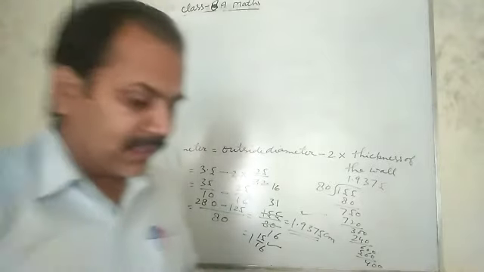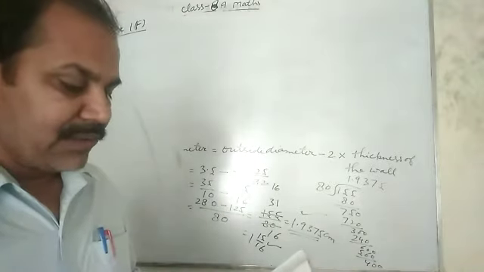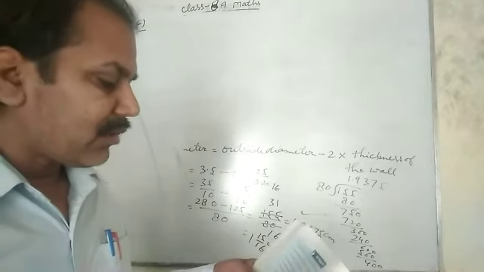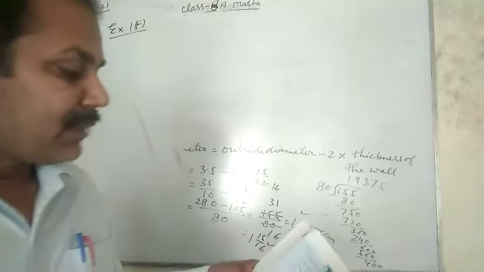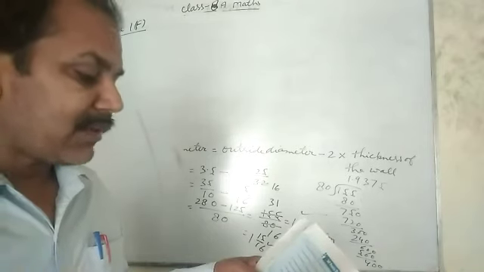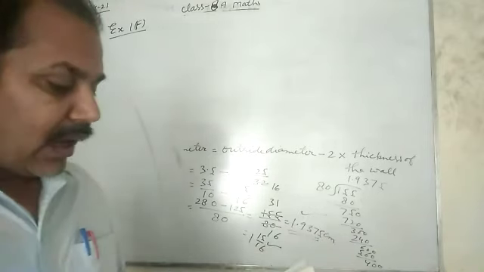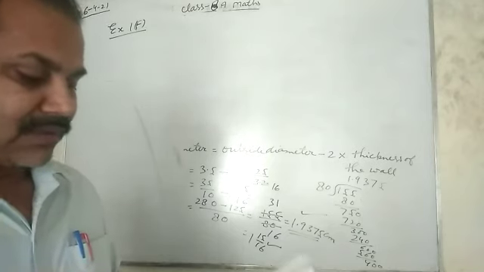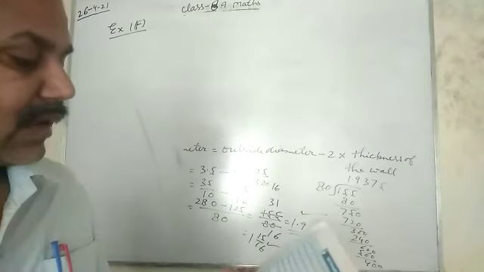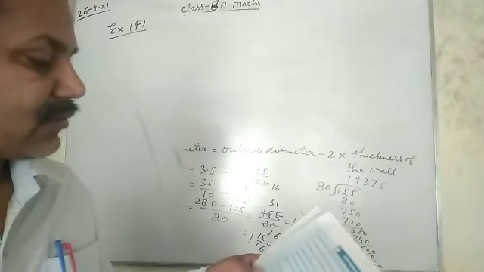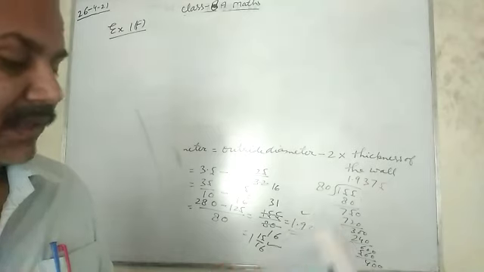Find the perimeter and the area of a rectangular piece of land measuring 12 1 by 2 meter by 5 1 by 5 meter. Okay, perimeter and area of a rectangular piece of land measuring this. How much area of the land is left unused if 4 small square flower beds of side length 1 meter are made at the center?